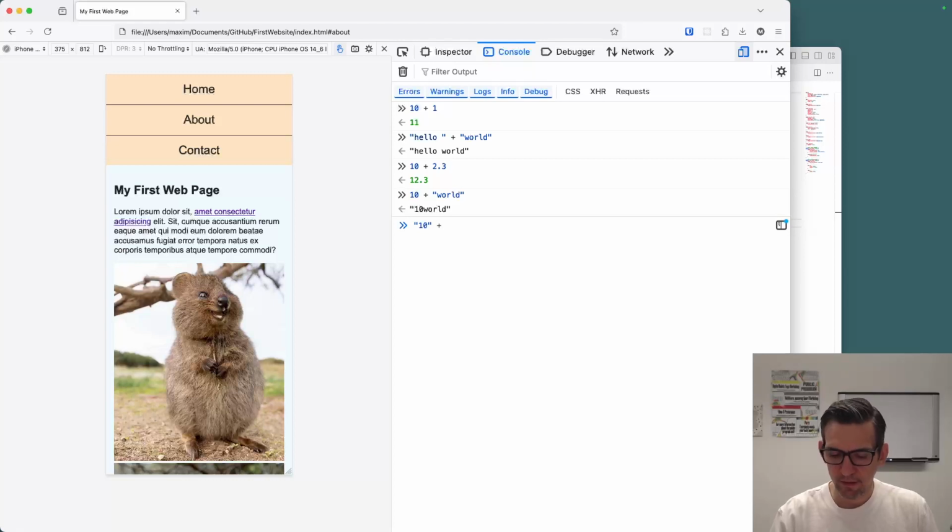So this would be equivalent to saying 10 plus world. The important thing to take away here is that JavaScript keeps track of different types of content that you give it: numbers or strings, or there is another type of content that you can give it, and it's called a